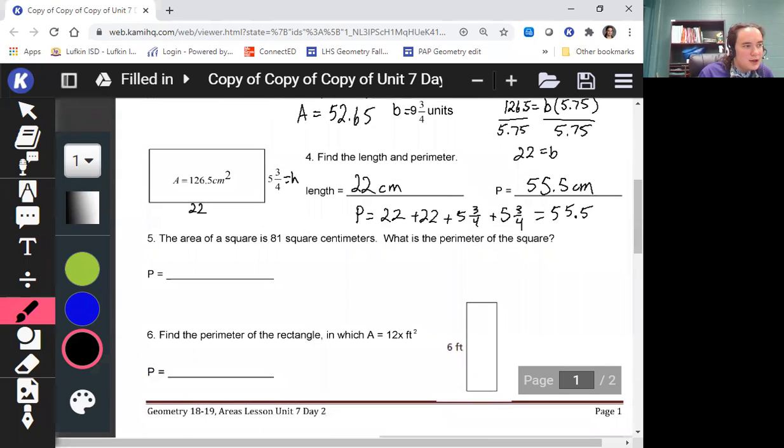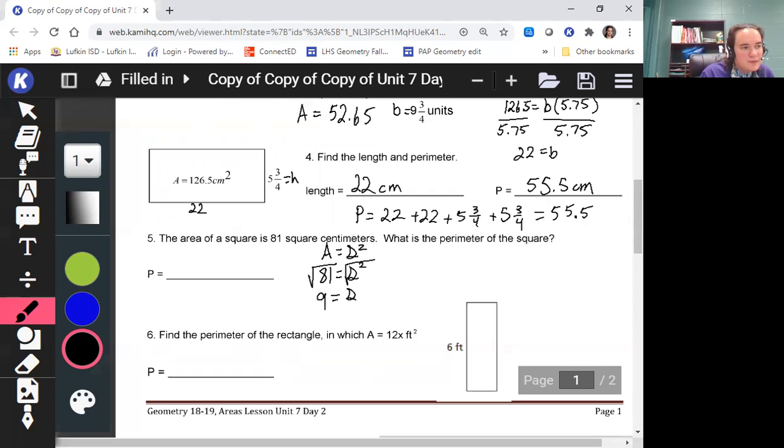Number 5, the area for a square is 81 square centimeters. What is the perimeter of the square? So first off, remember that the formula for area of a square is your side length squared. We know our area is 81, so we're going to plug that in. So 81 equals s squared. Remember, just like Pythagorean theorem, we're going to take the square root of both sides. So we have a side length of